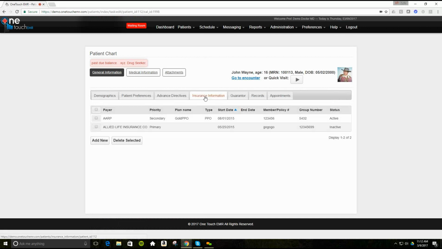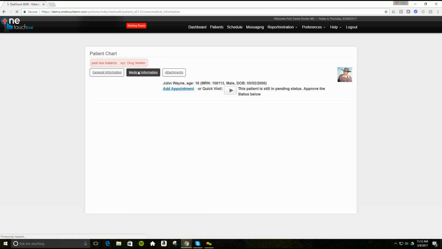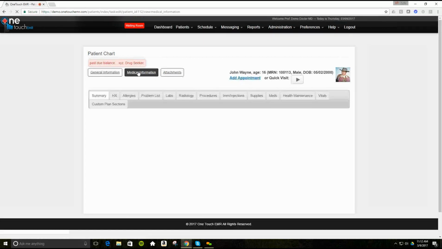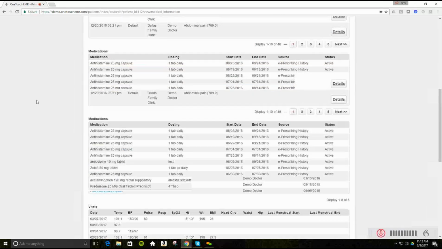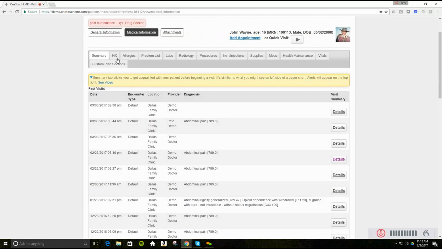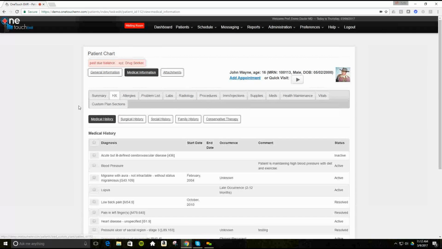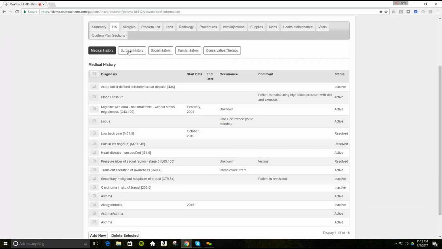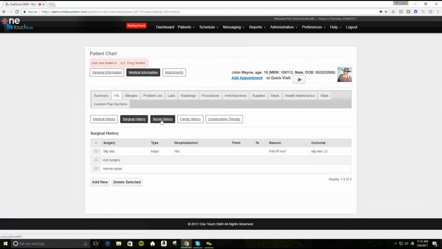Again, insurance information is primarily kept in our PM side, but you'll have access to view it from here. The guarantor information also coincides very closely with our practice management software. Then the medical information that they can put in here. Of course, when they go there, you're just going to see their summary. But what they'll begin to see is their history. So they can begin populating their medical history, their surgical history, their social history,